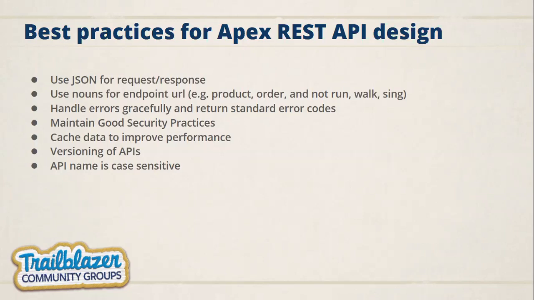For example, in V1 I just had product, and in V2 I've added price. But is it required for every client? If there's some requirement which is required for every client, what is the best practice currently followed, or what do you suggest? I will go with V1 itself. Why would we create a V2 when we don't require it? V2 is only required when a specific client needs it.